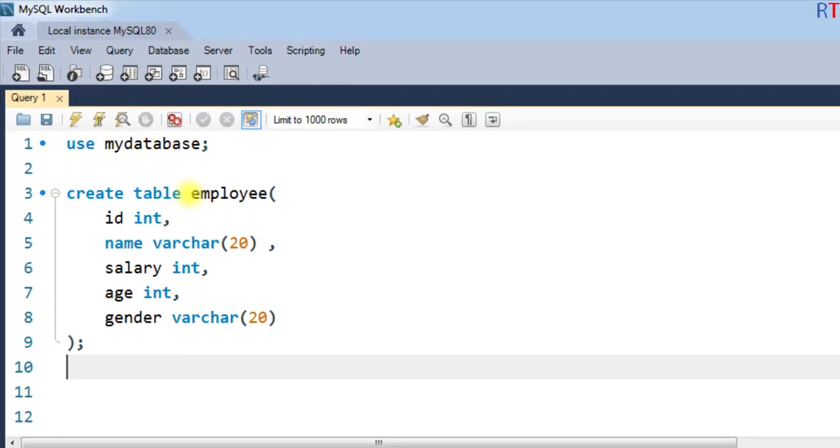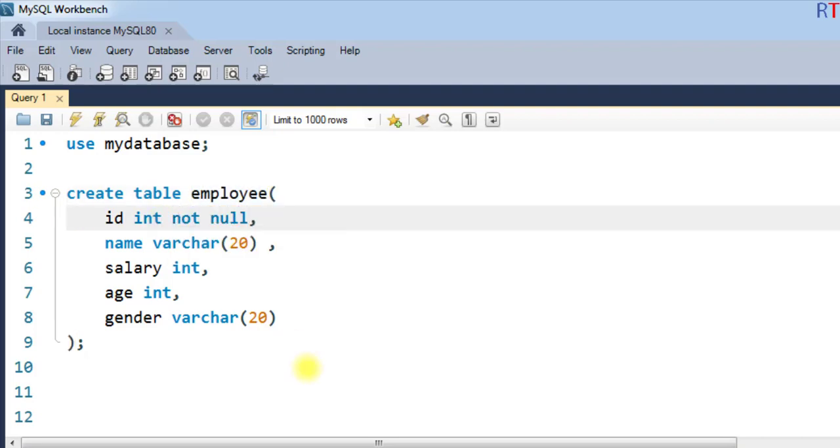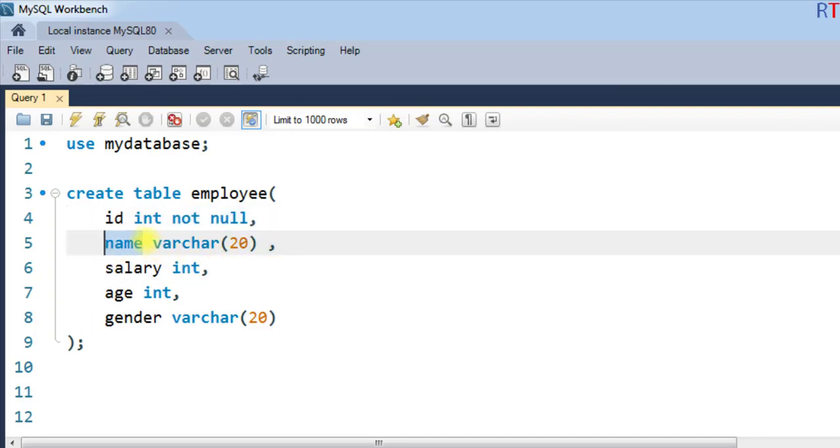Like in this example, inside the employee table, we can make the ID a not null field, and by doing that the ID cannot accept any null value. Similarly, we can add the not null constraint to multiple fields. So we can make the name field not null, and this way the name also cannot accept any